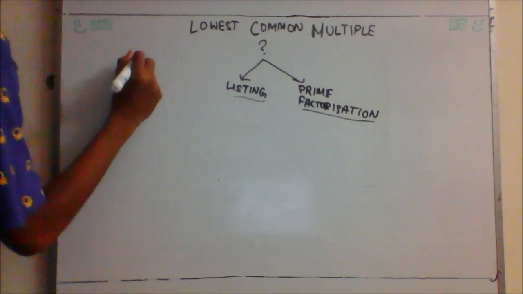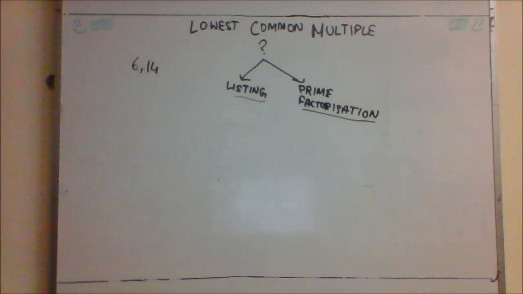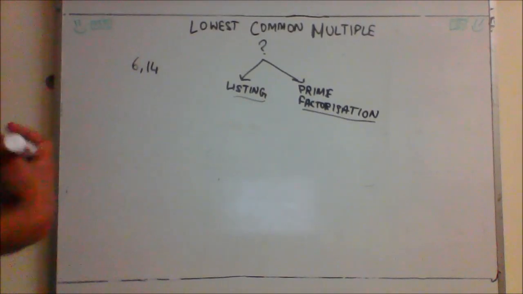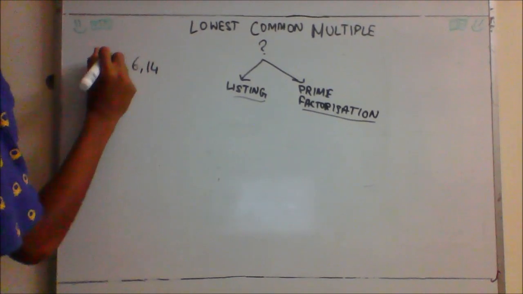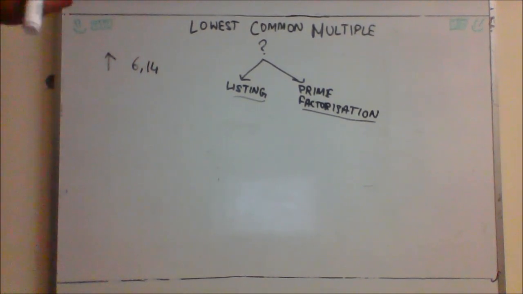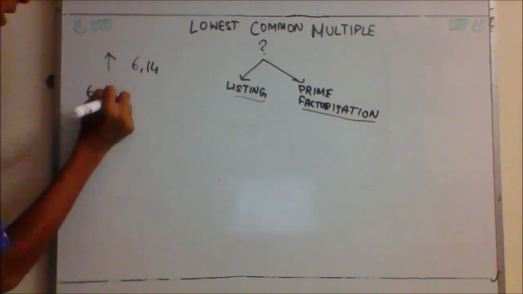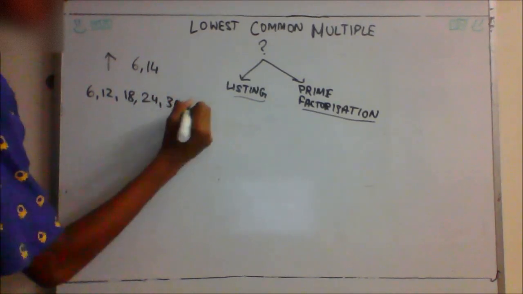Let's take the numbers 6 and 14. Let's list the multiples of 6, say the first 10, because 6 is a pretty small number and 14 is like double of it, so the place at which they meet has to be a bit high. The first 10 multiples of 6: 6, 12, 18, 24, 30, 36,